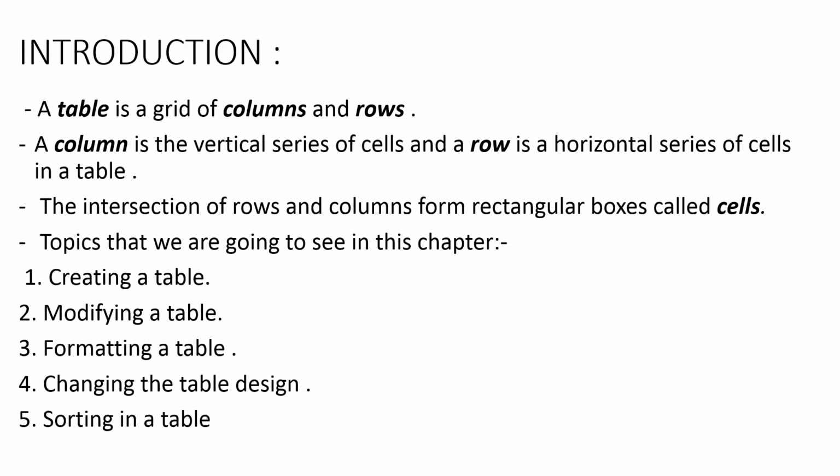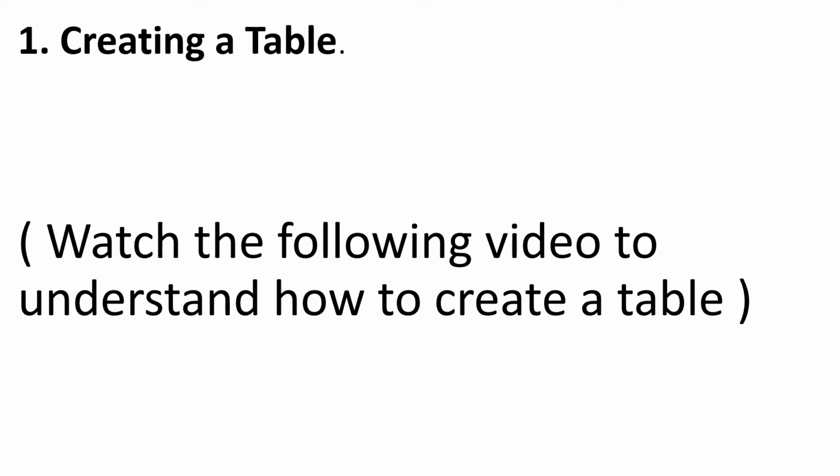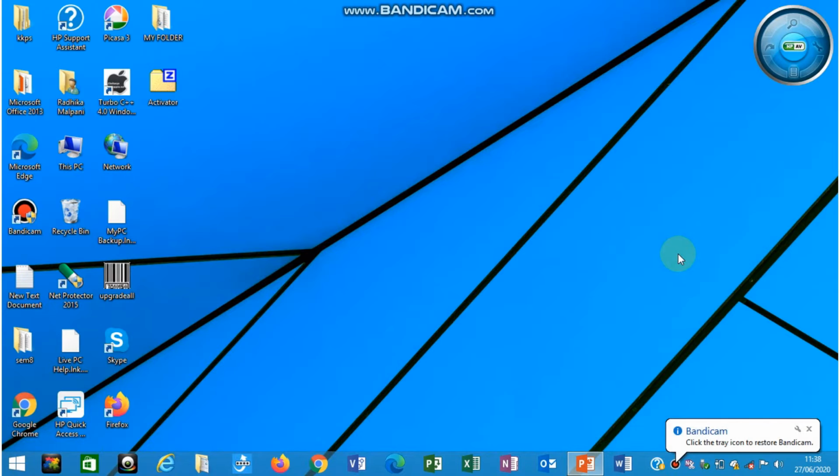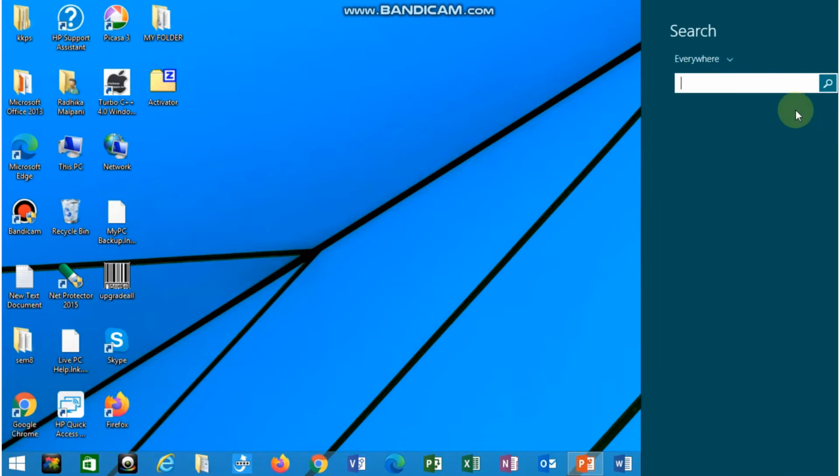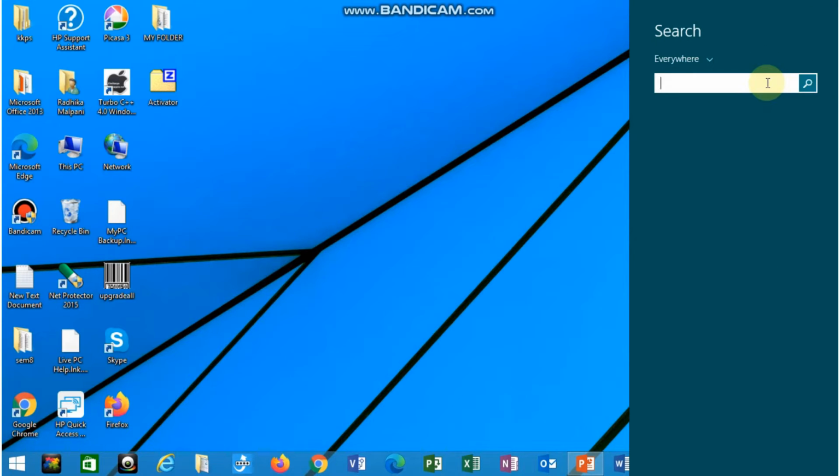Let us start. The first topic that we are going to see is how to create a table in MS Word. First you need to open MS Word. You need to go to the search option and type Word.